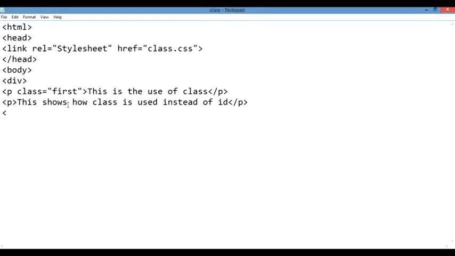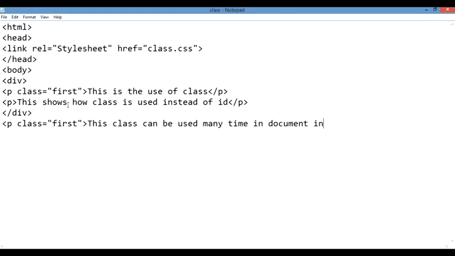So basically, what is the purpose of a class and an ID? An ID is used when we want to focus upon a single attribute and work according to that, whereas a class we use when we want to use that content multiple times. That is the other difference. Whenever I define a class, it is defined with a dot symbol in the CSS document, and when we talk about an ID, it will always start with a hash symbol. So that is the basic difference in how we work with IDs and classes in an HTML document and style it with CSS.